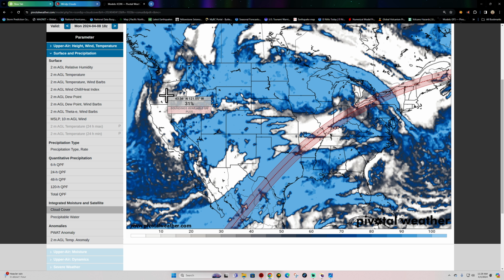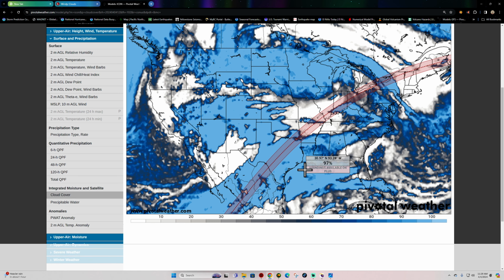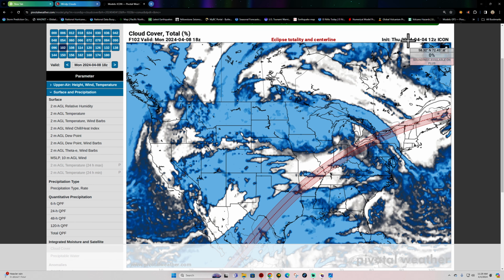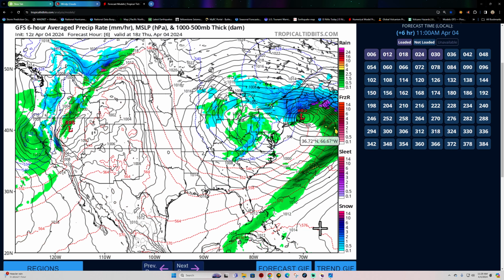I did get to see the 2017 totality up in Madras, Oregon. That was a beauty. We're not going to have another total eclipse out here like this for another 20 years, in the year 2044. So for those of you that do have clarity Monday, definitely, it's going to be a once-in-a-lifetime event unless you plan on flying somewhere around the world at a future date. But another 20 years before we see something like this. I'm a little bit bummed out myself, but the cloud cover is looking consistent across many areas.